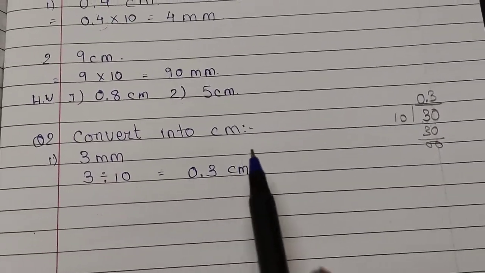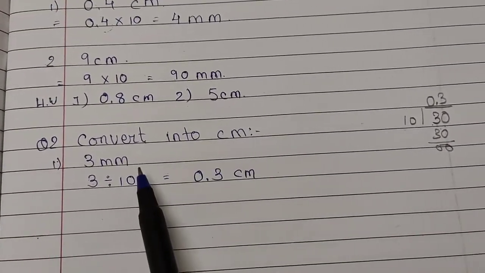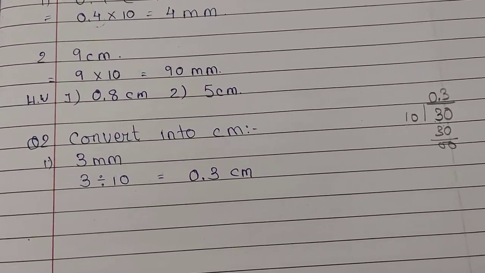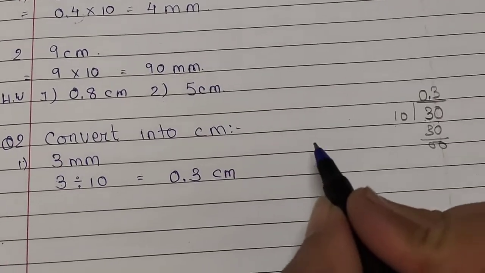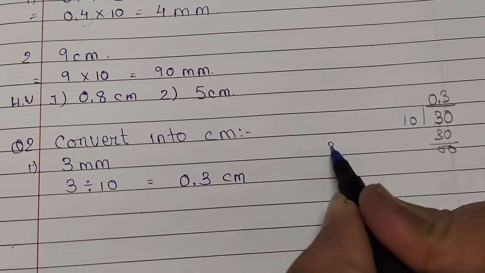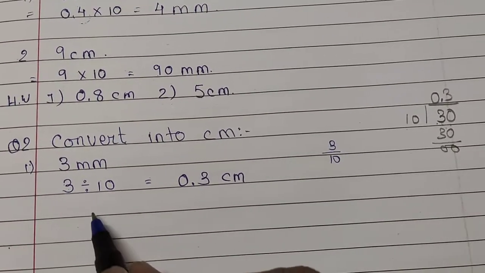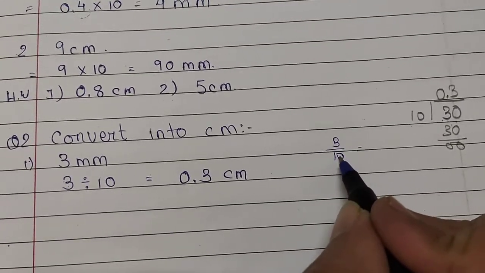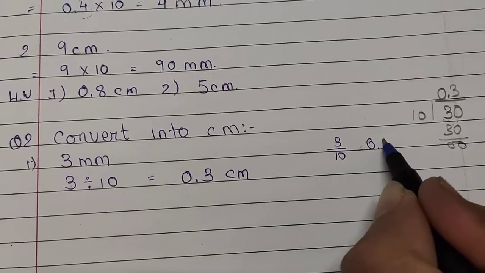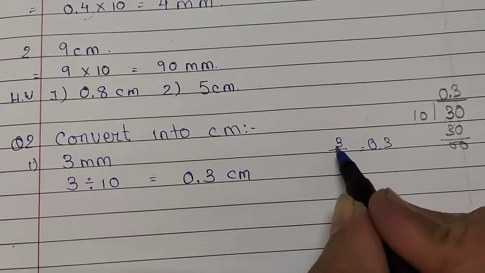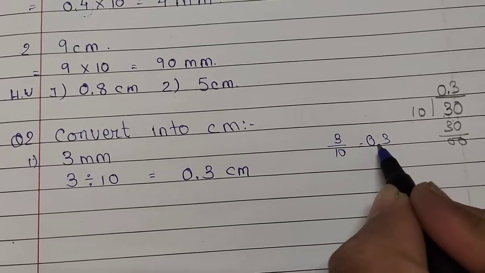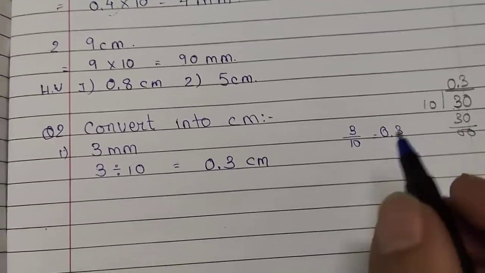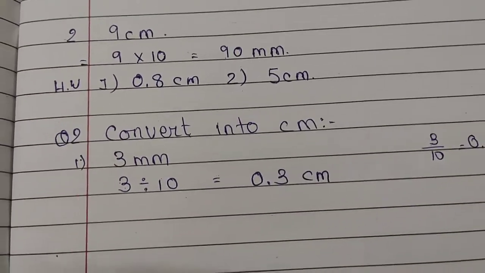Directly also we know that 3 millimeter is the 3/10th part of a centimeter. How much part is it? It is 3/10. So it can be written like this, 3/10. It is 3 divided by 10. So the answer we got is 3 divided by 10, which is 0.3. 3 is the number, the point of decimal is here, and 3 is 1 digit after the decimal. So 0.3. I hope you have understood, students.